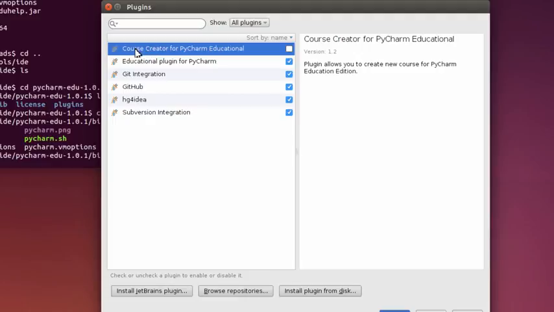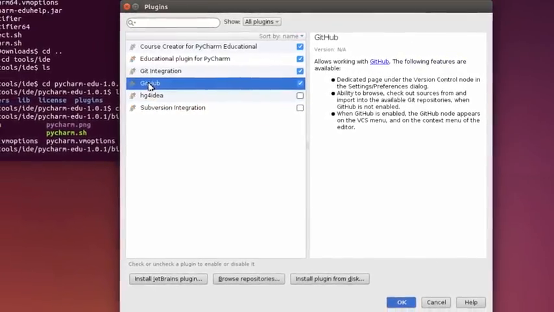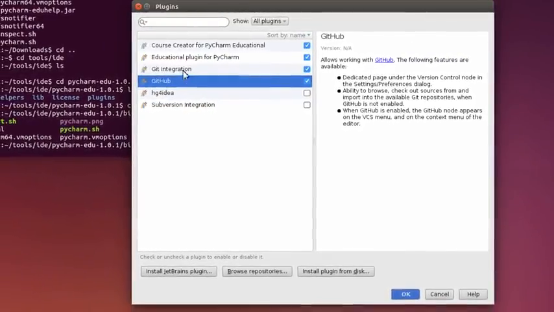Now, one of the things, because I'm an educator, I'm going to click on Course Creator for PyCharm Educational. That allows you to create your own courses for students to go through. To take some of the load off, I don't need Git or Subversion integration. If you're not using GitHub, you can just unclick it. This is whatever choices you want to use, but keep in mind that the fewer choices you have, the faster